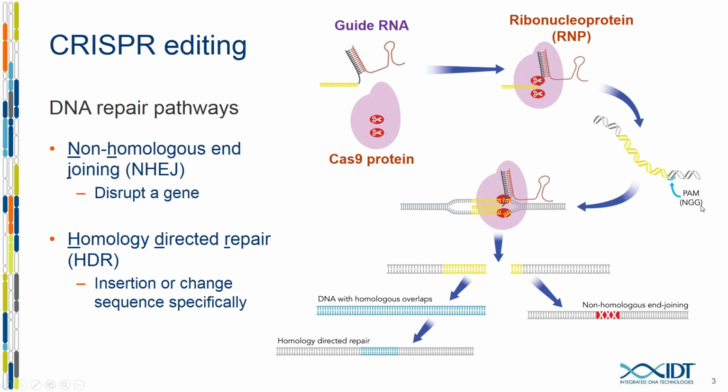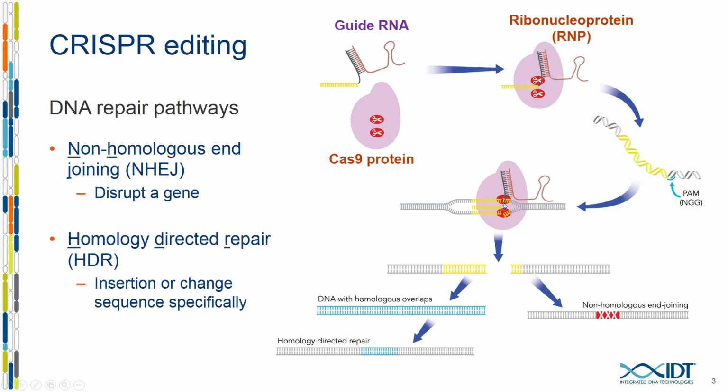And that NGG sequence always has to be present in the target just downstream of the 20 base target DNA, so that the Cas9 molecule will know to stop and interrogate whether or not it has a 20 base match with its guide RNA. Assuming that it does have a match, the Cas9 RNP will induce a double-strand break in